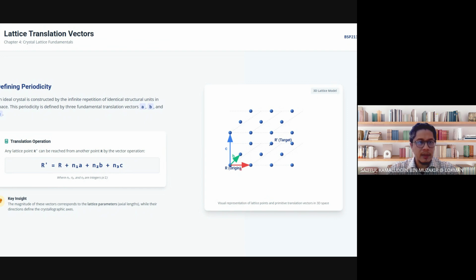Now, take a look at the lattice translation vector. We introduce lattice translation vectors. In a crystal, if you move from one lattice point to another by an allowed translation, the atomic environment remains